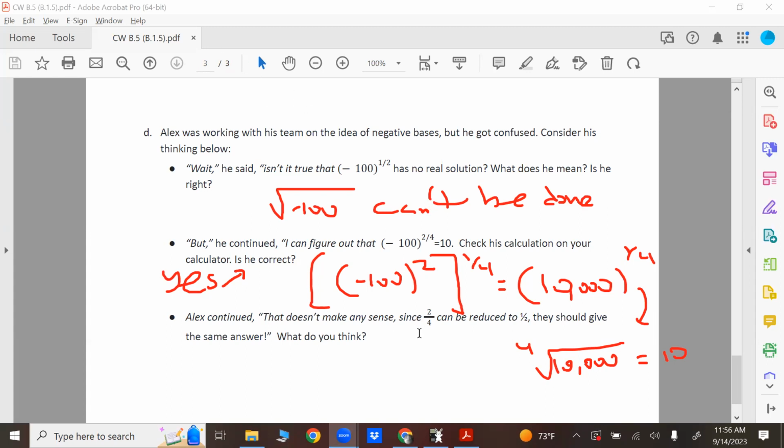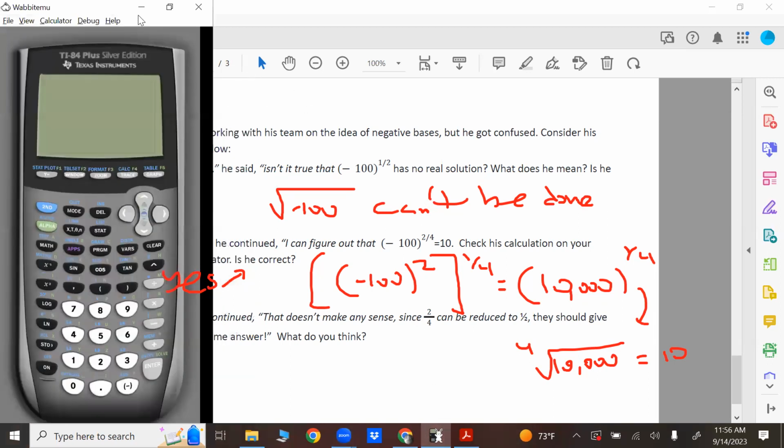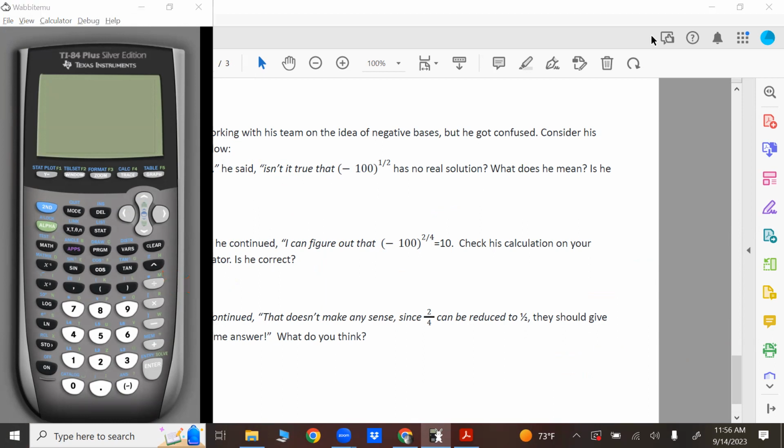2/4, really? Yeah. True. If you do put it in, the calculator is actually reducing it. Yeah, it's kind of interesting. I still don't really know. Okay, let's stop the